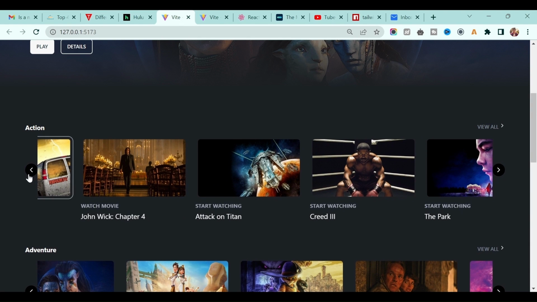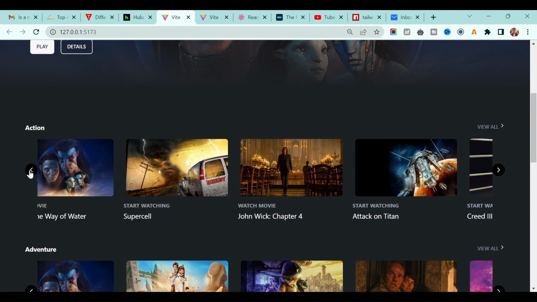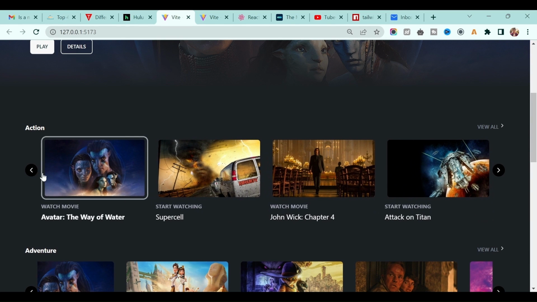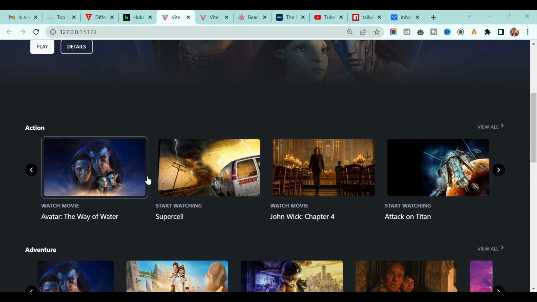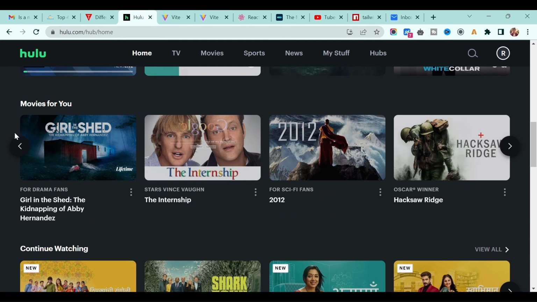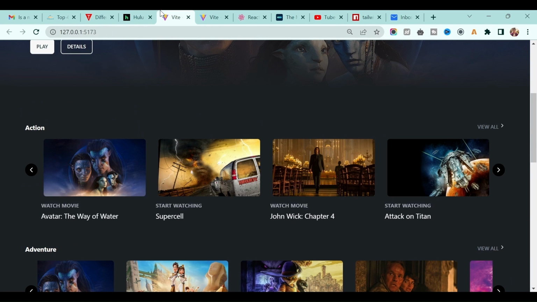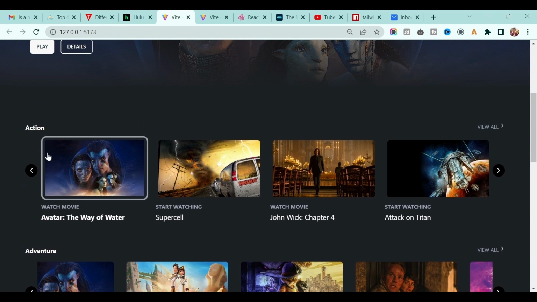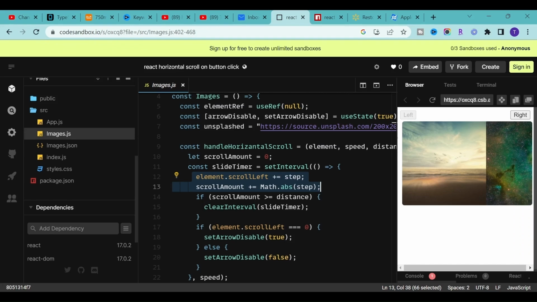Now another thing, these arrow buttons are on the left hand side. It's not overlapping on this image, similar to this Hulu application. If you see on the Hulu application, it's above this particular image. So it's very easy, just need to give the margin in the minus.